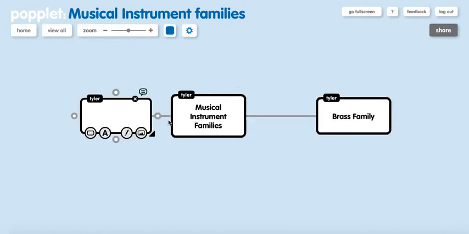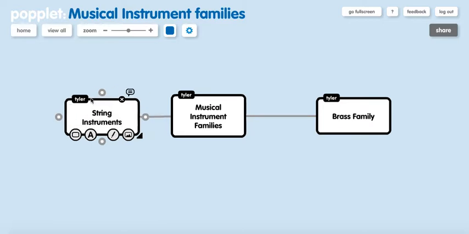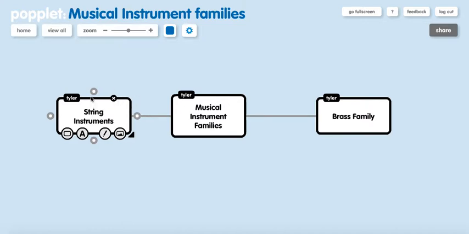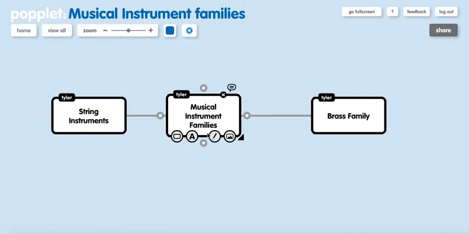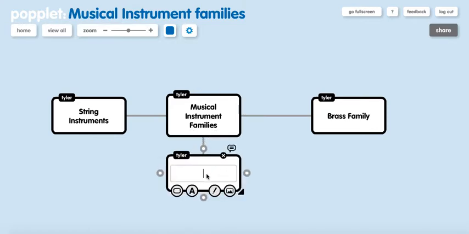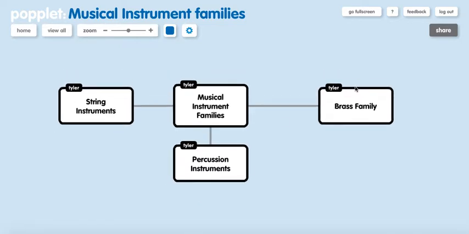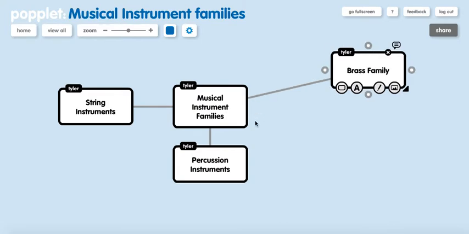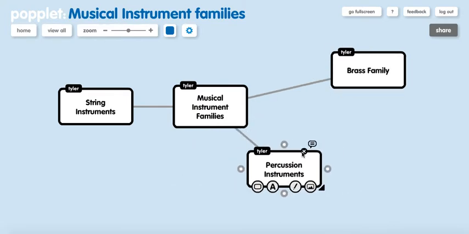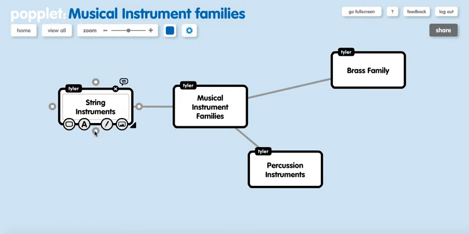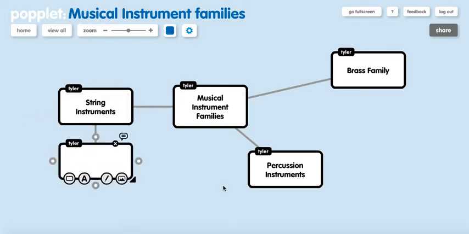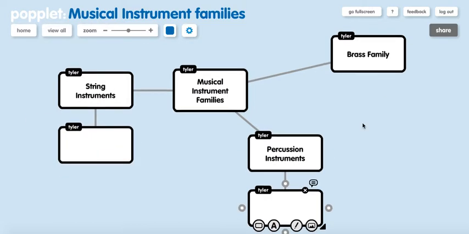Up next we will put string instruments, and then we'll drag that off a little bit more to the side, and then we will put percussion. So right now you see I have my 3 families, and I can drag and organize them however I want. What I'm going to do is create a new popple off of each one,